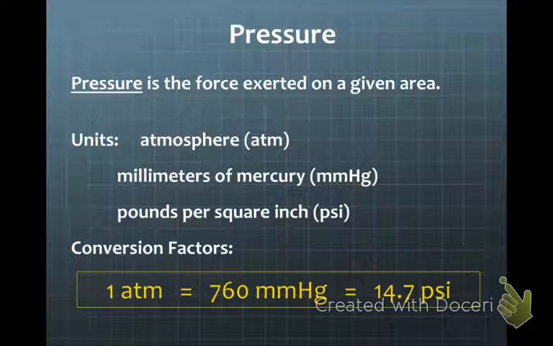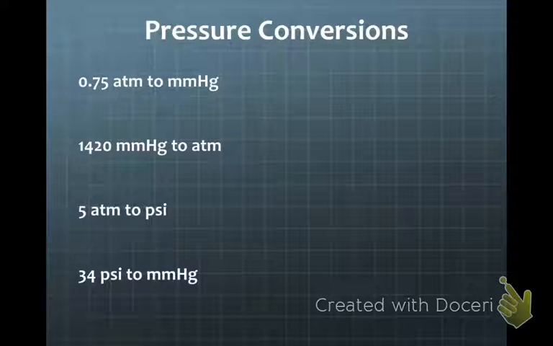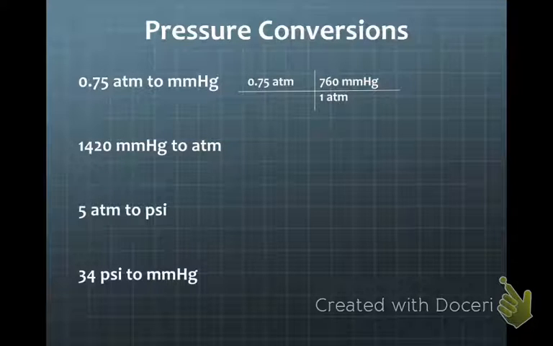Now, in the space right beneath this, before we get to temperature, I want you to do a couple of practice problems. First, let's do 0.75 atm, and we want to convert it to millimeters mercury. Remember those T-charts from stoichiometry? We're going to go back to them. So you have 0.75 atm on the top, and I want to convert it to millimeters mercury. And so you can see here